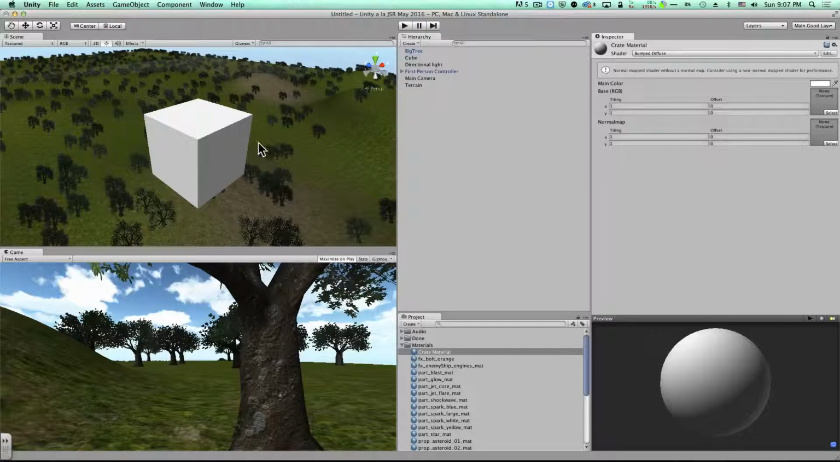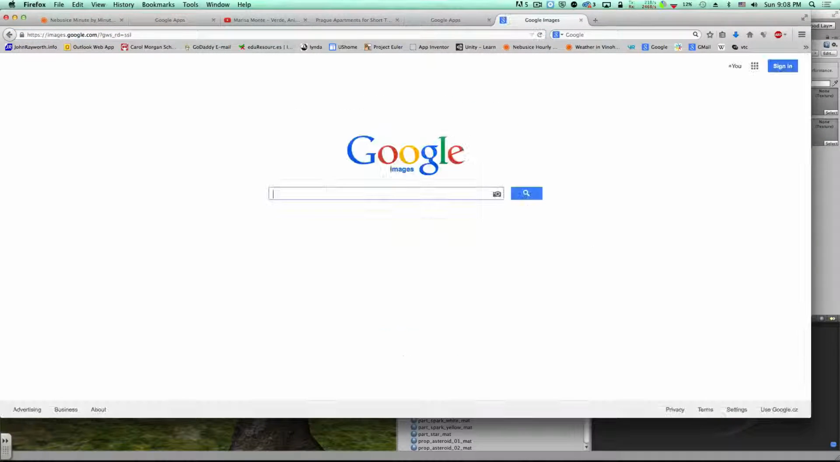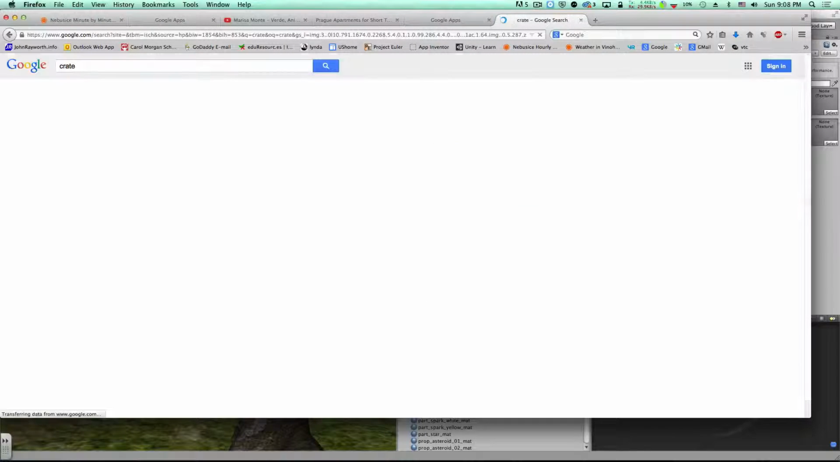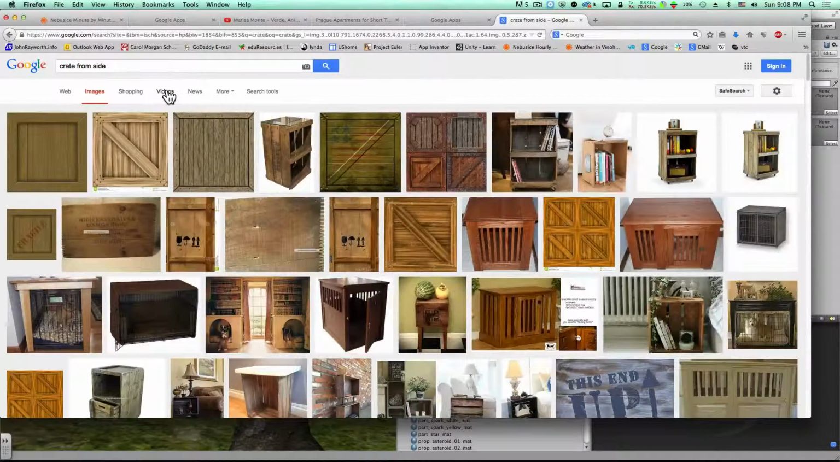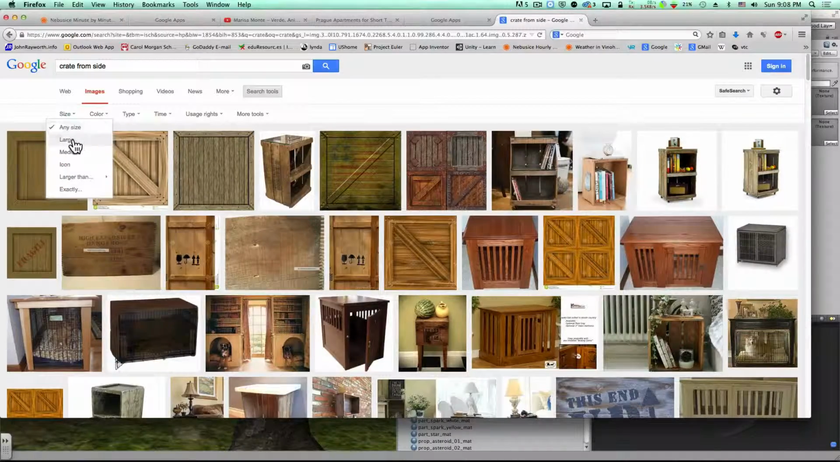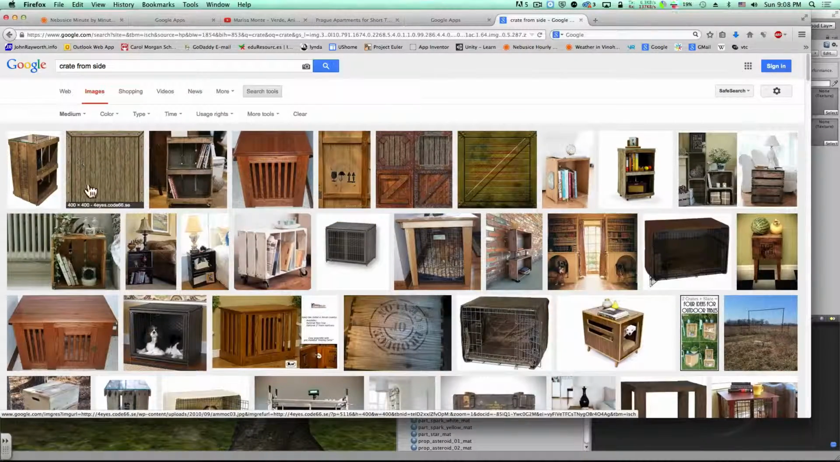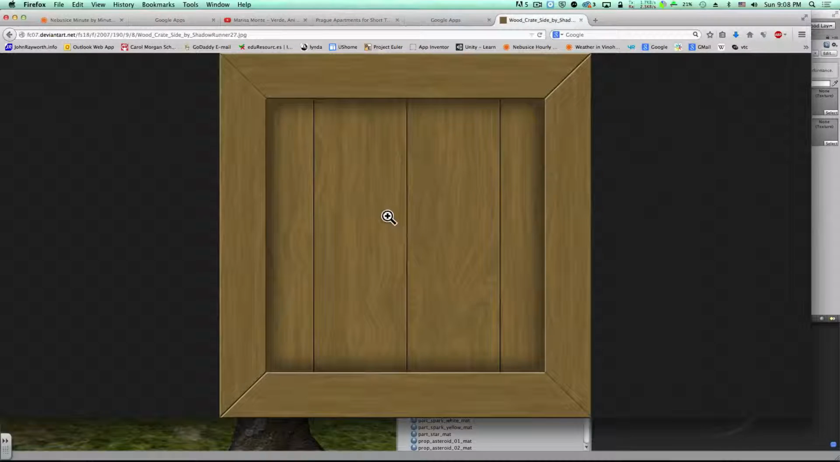So for this, let's just get something from the internet and manipulate it in Photoshop a little bit. This is a crate. So to images.google we go and look up a crate from the side. And I like that, it's awfully big. I don't like any of those, so I'm going to go back and take that awfully big one, copy it, move it into Photoshop,